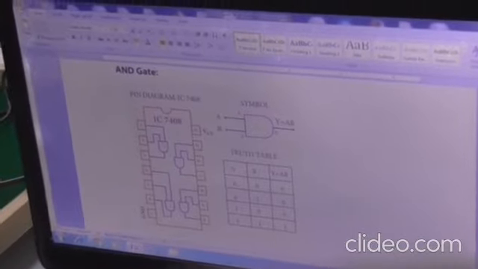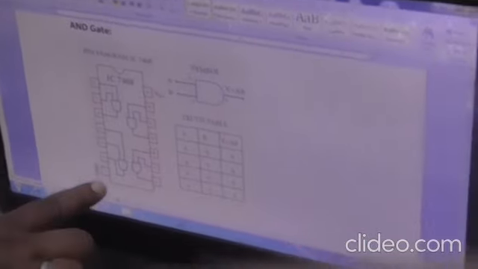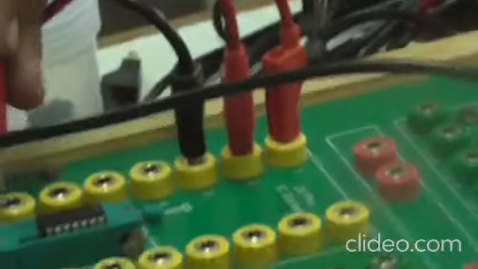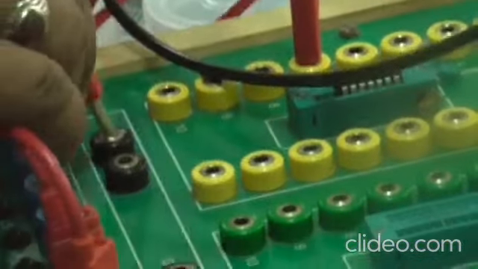Okay. Now here, pin number 7. Remember one thing: pin number 7 is always for ground. That's why we are connecting it here. Pin number 7 goes to the ground. Here the ground sections are there, all of these are ground sections, and I am going to connect it over here.